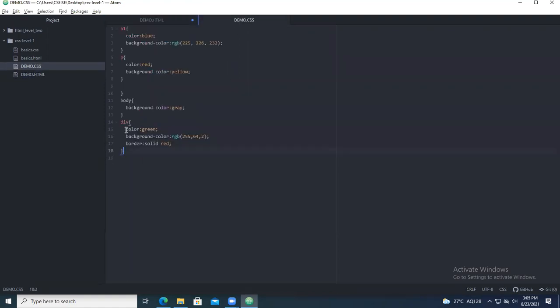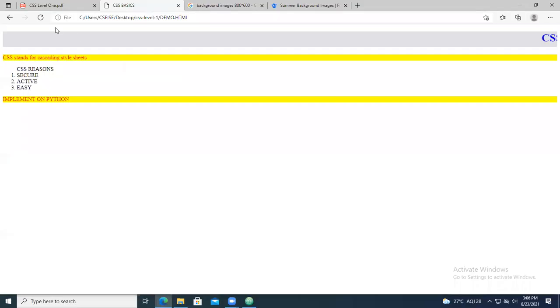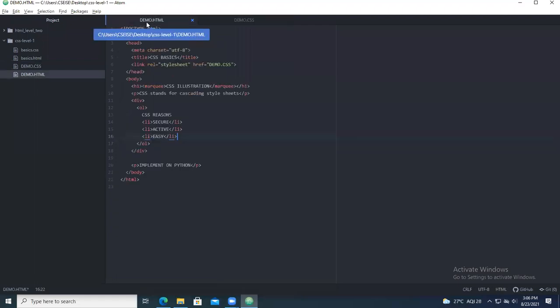this type. What is the color we have taken? Green. So here you can take the border. So the border should be given. So it is border color or border. You can use different things. So okay, save the contents for the web browser. So you have to save this particular content here.